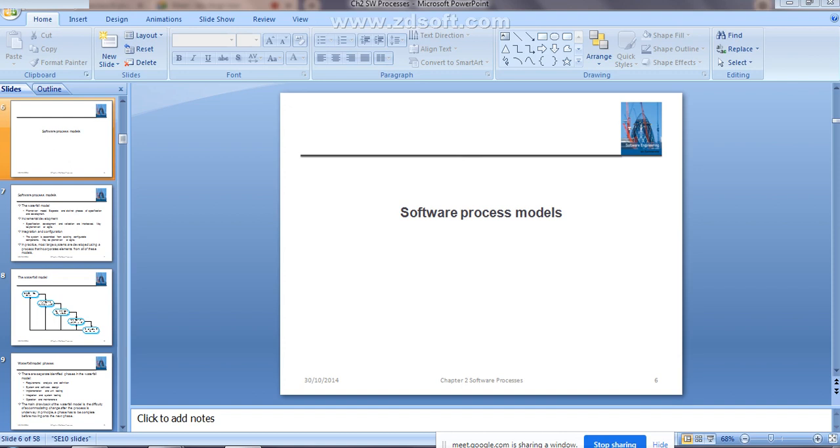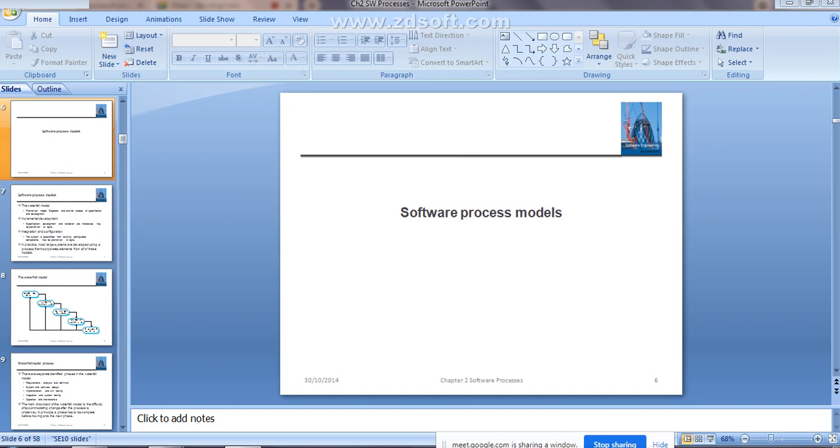And the last one is reuse oriented. The name itself indicates you are going to adopt some components, some elements, from an already existing system, right? Along with that, you are going to develop some more new components to build your own new software system, right? This is the third type, that is the reuse oriented software engineering model. These are the main three types of software models we have studied.